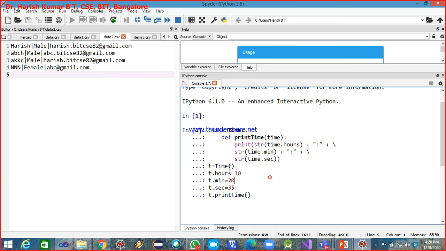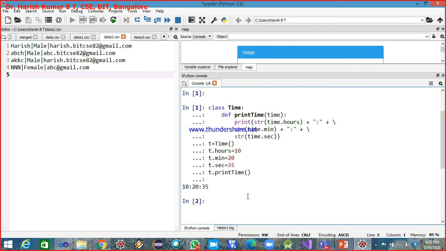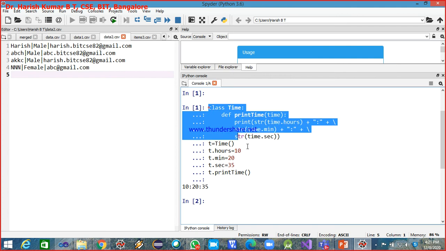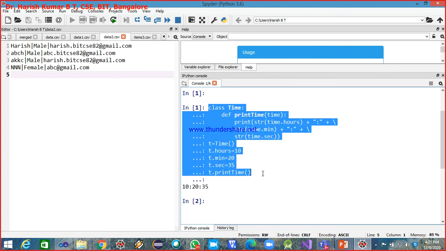Now create an instance for the class time, assign hours, minutes and seconds, then invoke the execution of print time over the object t. Now if I run this, 10, 20 and then 35: 10 hours, 20 minutes, 35 seconds.